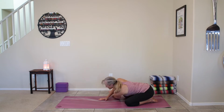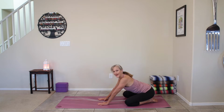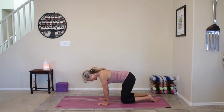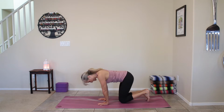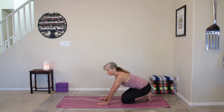Place the hand flat on the floor to push yourself up. Come all the way back to neutral. Now you're going to shift your body so you come off of your heels, draw your knees under the hips, and then tuck your toes underneath. You're just going to shift your hips backwards into your heels so you can get a little stretch through